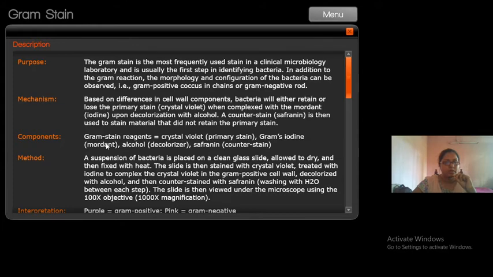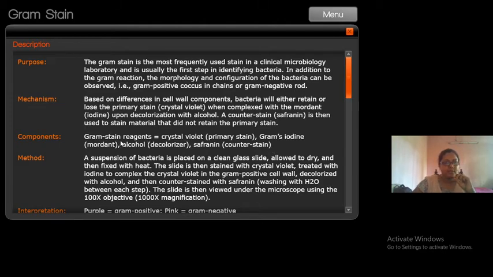Now, what are the requirements to perform gram staining? Before I talk about the staining requirements, you should know that you have to learn to prepare a smear. A smear is made on a clean, grease-free glass slide. You can use bacterial culture to make the smear, and you have to allow it to air dry. When the smear is air dried, you have to heat fix it. We will be discussing all this in the practical procedure.